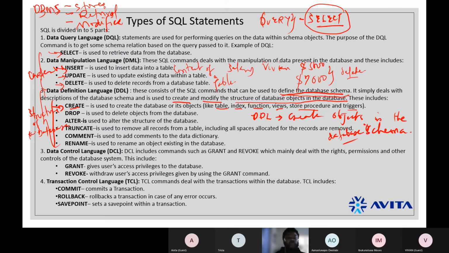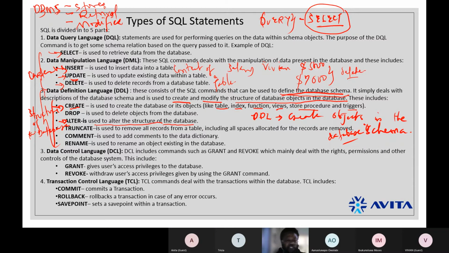Then what's the next one? The next one is alter. Alter is used to alter the structure of the database. In the content of the database, we update, for example salary from 5,000 to 7,000.